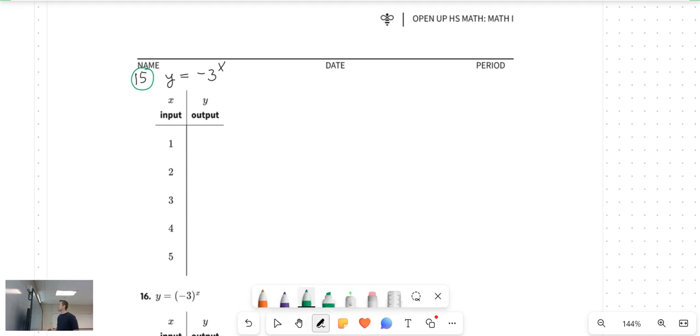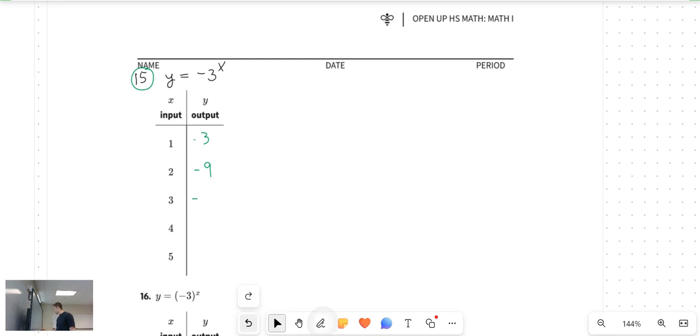So if we have -3 to the x, well, 3 to the 1 is just 3, and then we need the negative of that. So -3 should be our first value. All right. Then we can actually just take that -3, and we just multiply it by 3 because we're going to have an additional 3 each step. So -3 on the first step, -9 on the second step,